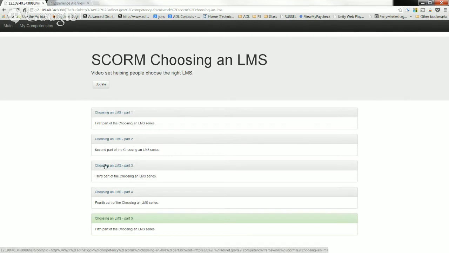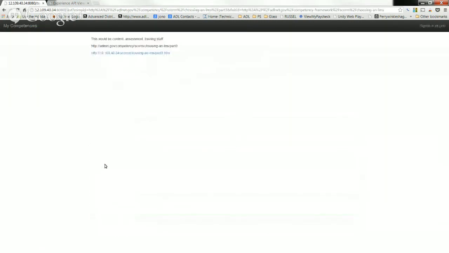So whenever we click on choosing an LMS part 3, behind the scenes, this system actually goes out to the Learning Registry and asks if there's any content that is associated with or has the key or the ID of the competency URI. So when you click it, the results come back. This is parsed from the Learning Registry and gives us a link to our content that was in the Learning Registry. You can click that and watch the video.